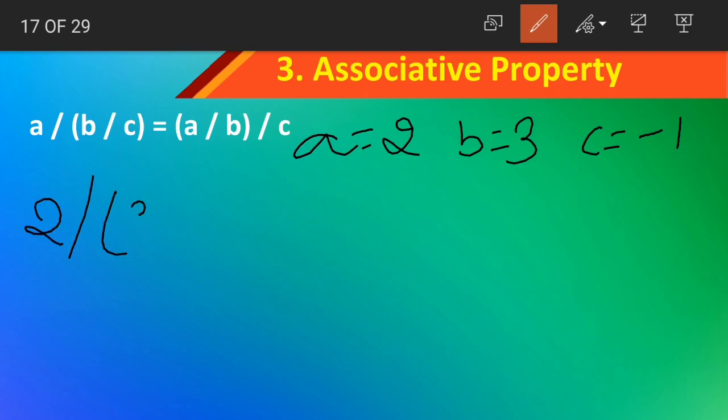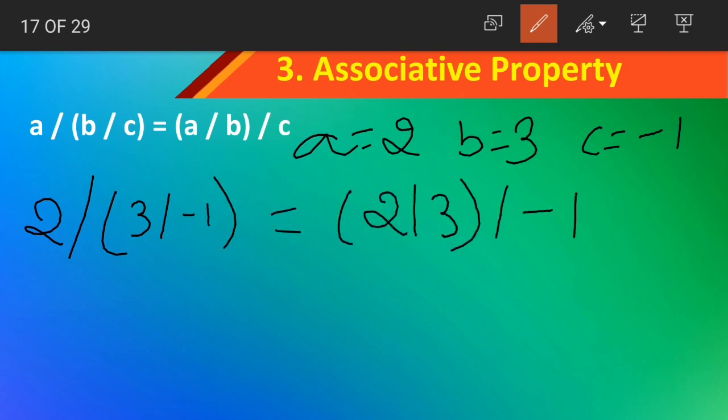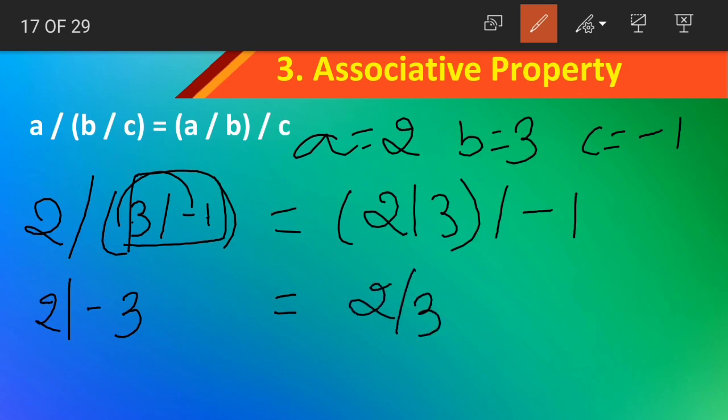2 by 3 divided by minus 1 is equal to again 2 by 3 whole divided by minus 1. Remember, first we should solve whatever is in the bracket. 3 by 1 becomes what? 3 by 1 becomes 3. Coming to the signs, both the signs are different, so the answer will be negative. Coming to 2 by 3, we can solve the fraction part of it, but let us keep it that way. The answer will be 2 by 3. We can convert into a decimal, but for now let us keep it as a fraction only. 2 by 3.